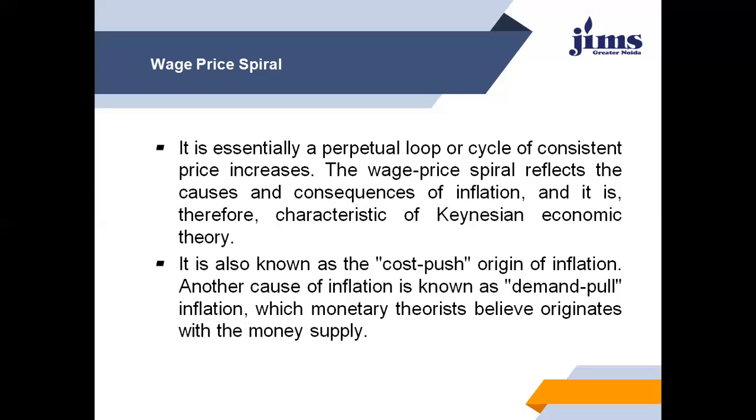So the ultimate idea is that if, due to any reason, wages increase, it will ultimately lead to an increase in inflation, and since people will be asking for more goods and services, prices of the commodities will increase, and ultimately the factors of production will be paid more, and it becomes a complete cycle. This entire process is called the wage price spiral.